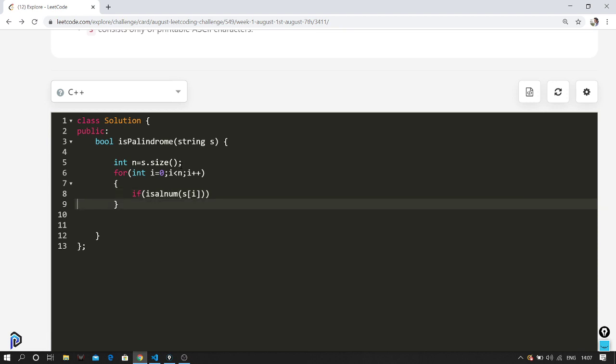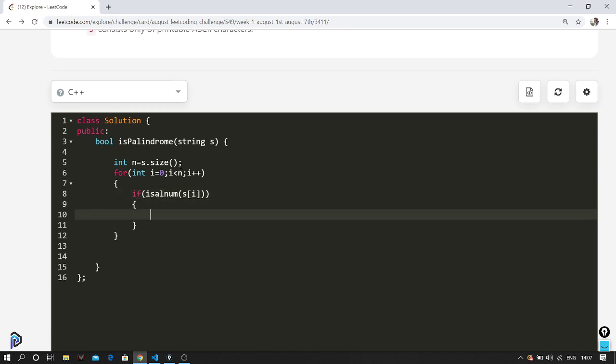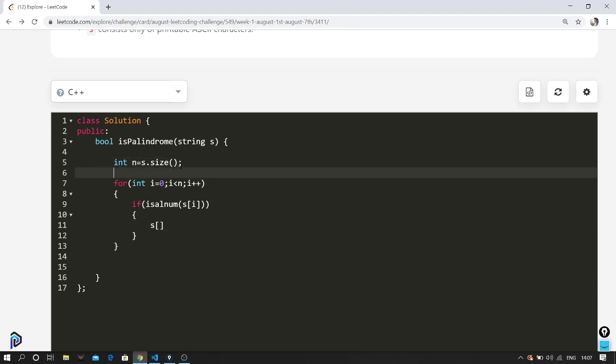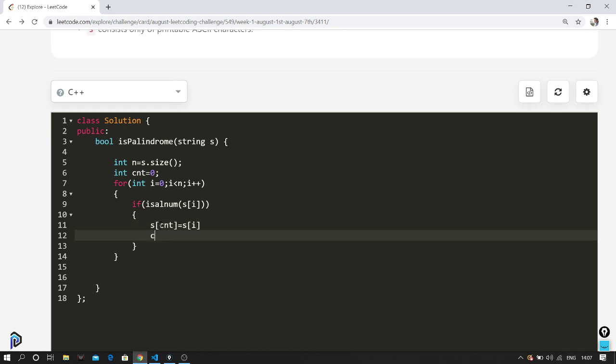Given a string, if a character is alphanumeric, I'll keep a counter variable to count the index of the alphanumeric characters. I'll assign the character to this position and increment the counter.